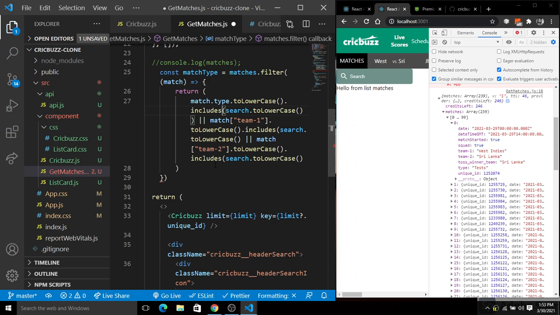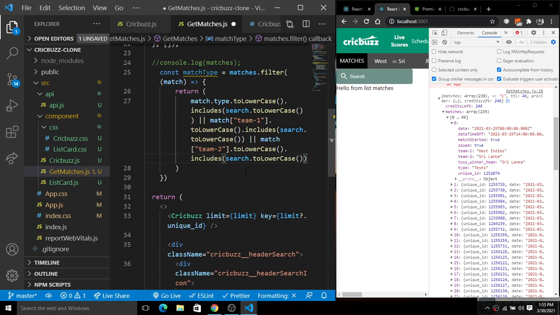Team1. I think it will be fine right now. Here the error has gone.